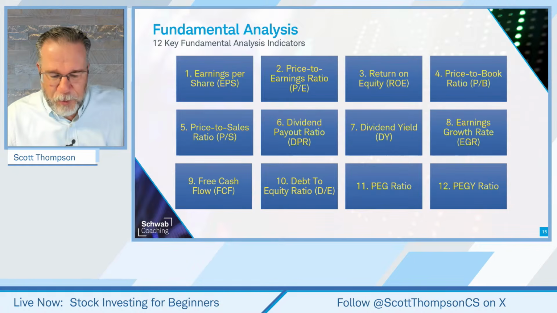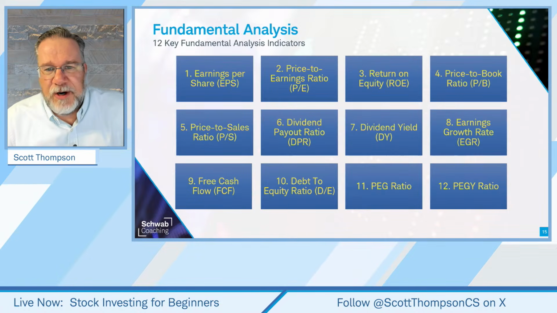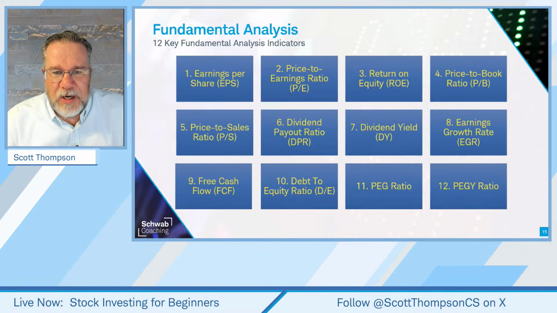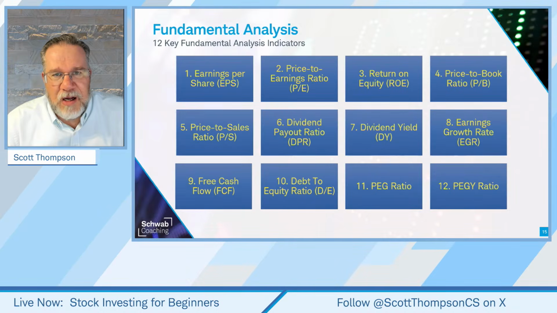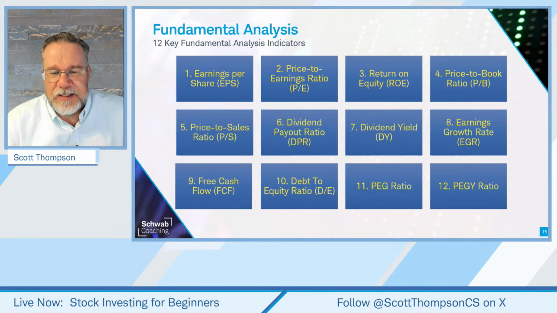We're going to look at about 4 or 5 of these when we come back from looking at our scan: earnings per share, price to earnings ratio, return on equity, and then we're going to take a look at the dividend payout ratio and dividend yield. But the other ones, you'll probably want to take some time, do some research on your own. There's a great resource on the schwab.com page as well, where you can get a glossary of these different things and definitions. And the internet's got those as well for the different ratios. And there's others. This is not a comprehensive list.